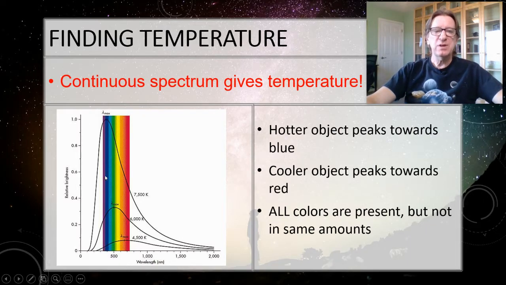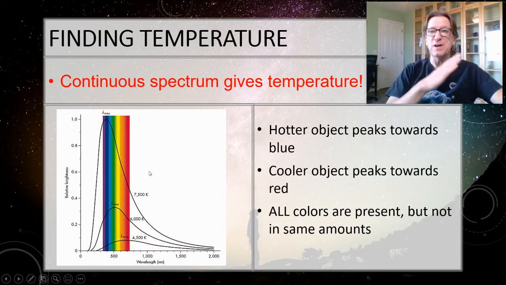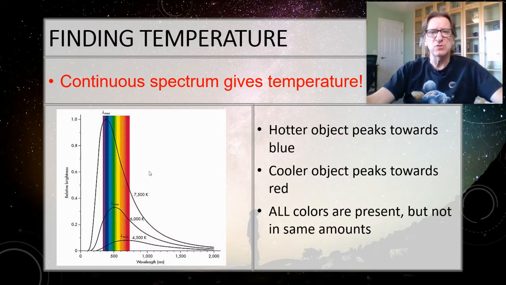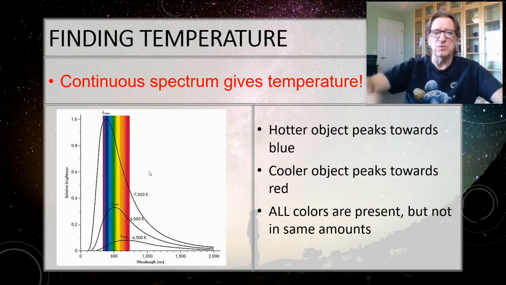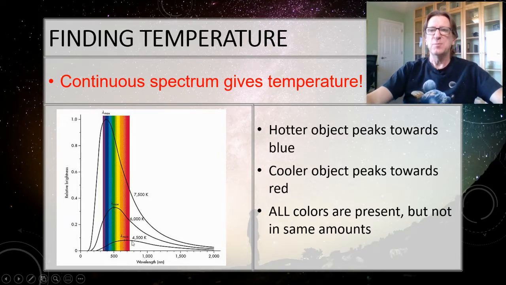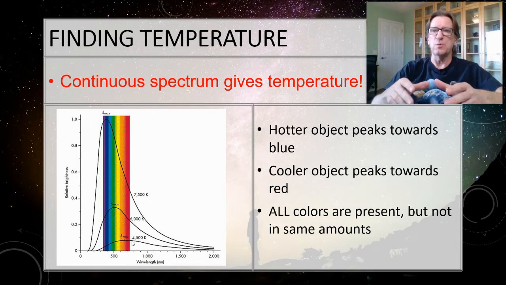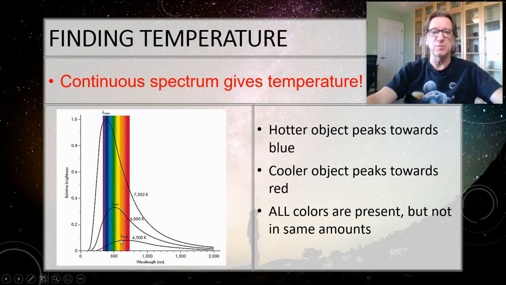So when we compare the temperature of these different objects, we find that they change what their peak color is depending upon the temperature. And you may have seen this when you're working with your stove, for example. If you just barely turn on the stove, it's going to be a dark, dark red down here. But as it gets hotter and hotter and hotter, it turns more and more orangey from that. Hopefully it doesn't go to yellow, because then it's way too hot. But your water faucets are basically labeled backwards. Hotter objects are bluer. So you see that here we've got an object that's at 7,500 Kelvin. We'll talk about Kelvin in a minute. And you see that it's putting out most of its light in the blue right here. Whereas this one down here that's at 4,500 is putting out most of its light in red.